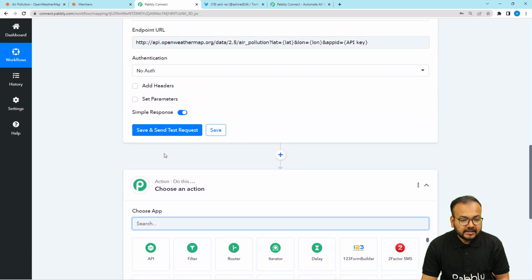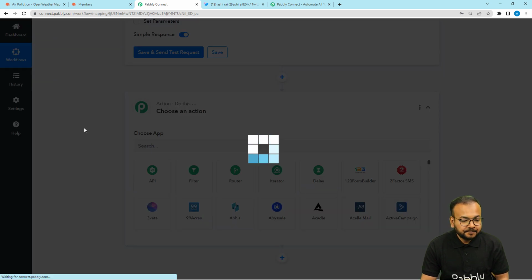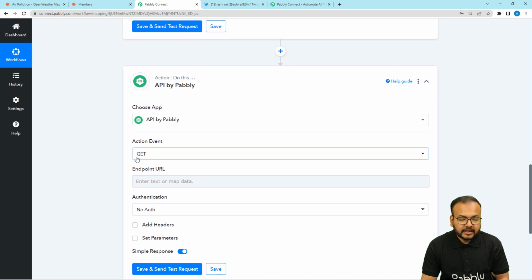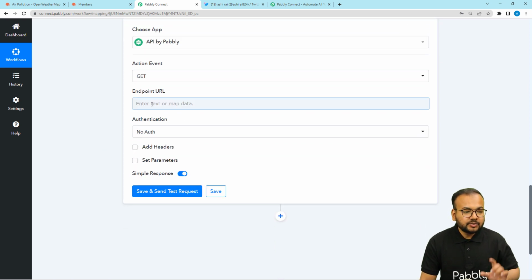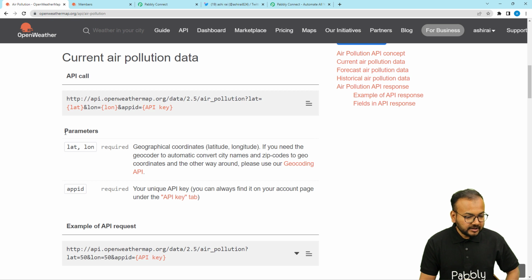And to get the details of the latitude and the longitude, we are going to use the API option again. Select the API feature again, select the get option again, and here you have to use another endpoint URL. So you just have to go to the OpenWeather application again, and here you can see it's showing the parameters. These are the required parameters you need to fill to get the air pollution or air quality data. First is the latitude and the longitude, and you can get the coordinates using the geocoding